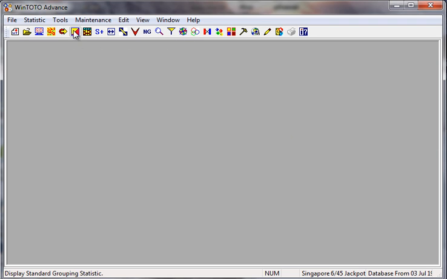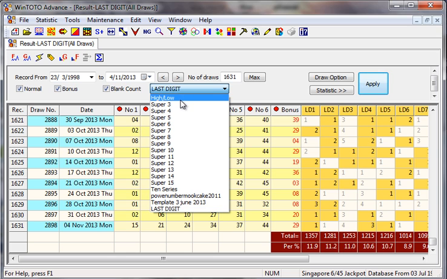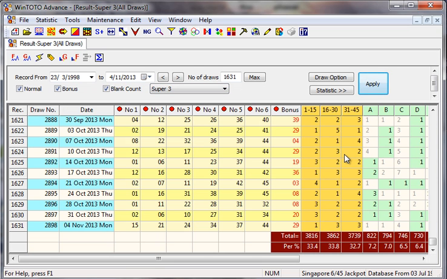Okay, let's go into a few things before we go and check. I'd like to share with you this thing called the display grouping statistics. Now, many a time people ask, how true is it that there are a lot of small numbers or big numbers? I think there's no point we argue on that. With Super 3, we divide 45 numbers into three categories. One category is 1 to 15, another is 16 to 30, and the last is 31 to 45. So in a group of three, each group bears 15 numbers.